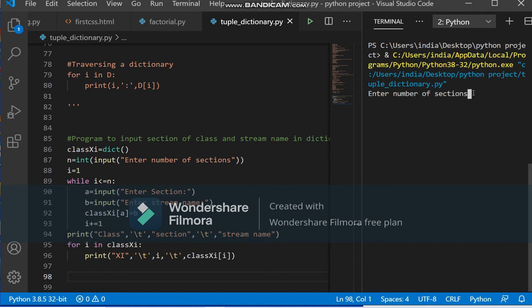In the terminal, now it's asking to enter the number of sections. 4 we have given. Enter sections. First section A, and the stream that we are providing is biology. Because this is going to iterate 4 times, it asks for the second section, so we are giving B, and accordingly the stream, that is math science.